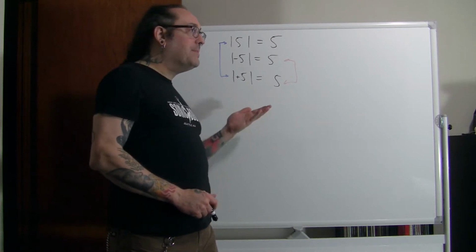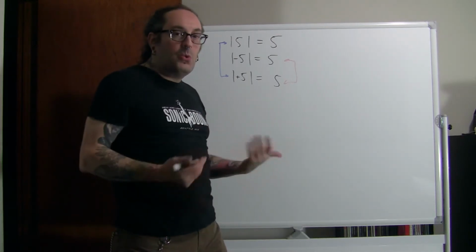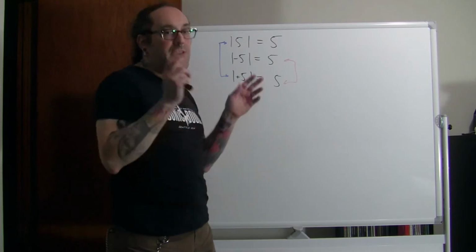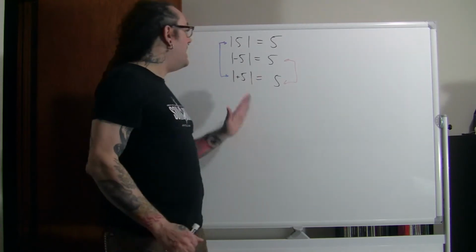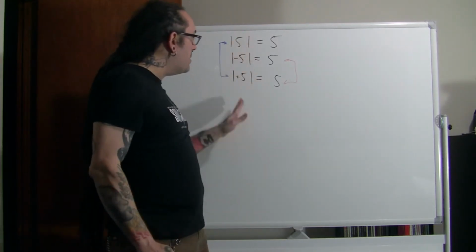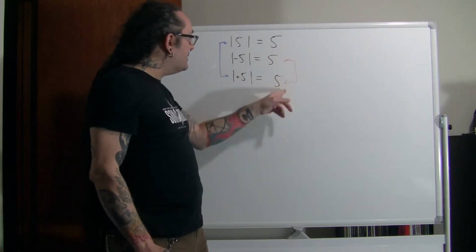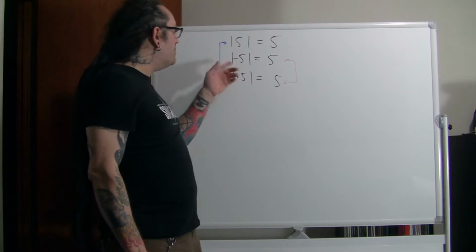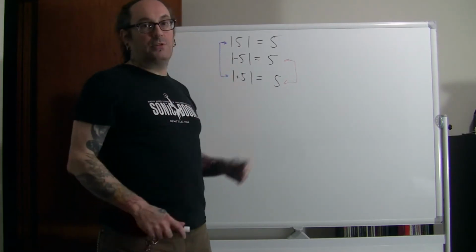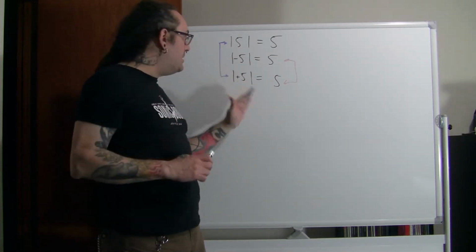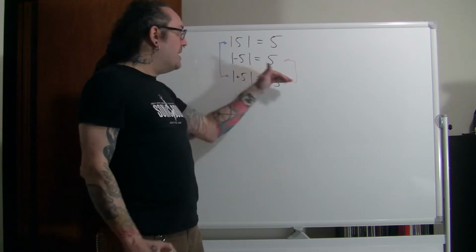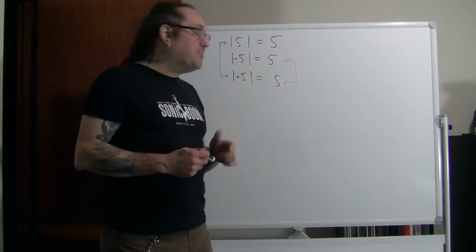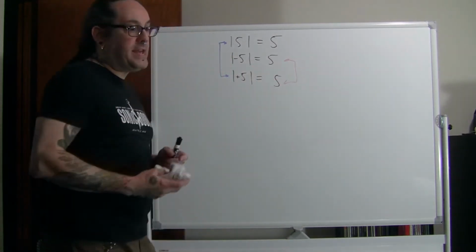When you have some of those basic questions on a quiz or an exam or a homework that test one skill, can you take the absolute value of a number successfully? Notice the answer is the same. Well, these are both the same. The answers are the same in both cases where you drop the sign and then drop the absolute value bars. That's one question, one skill. Do you get it right or wrong? But as we get into more complicated situations, as we'll see,